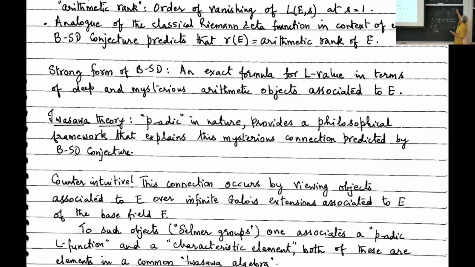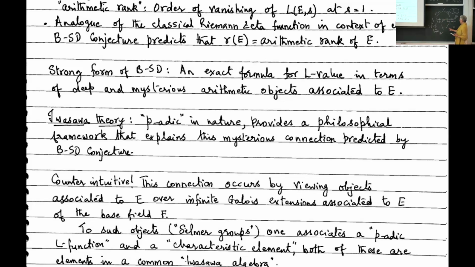And all this is happening in this big tower, which is a Galois extension with Galois group G. You descend, and when you descend, you see that the descent manifestation of this is the complex L function, in the following sense. This p-adic L function is over a p-adic variable, but you have Z, which is dense in Zp, and Z is also inside the complex numbers. The p-adic L function interpolates the complex L values at integers. So you see its descent manifestation as the complex L function.